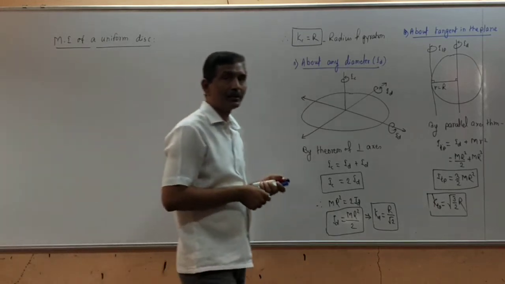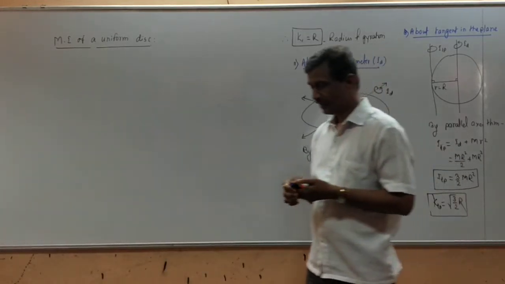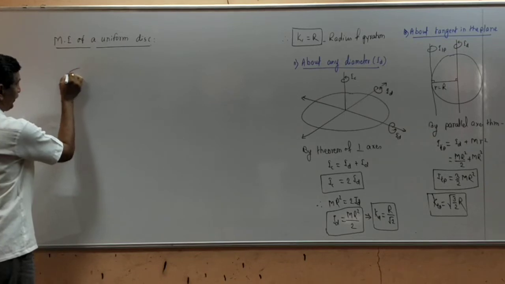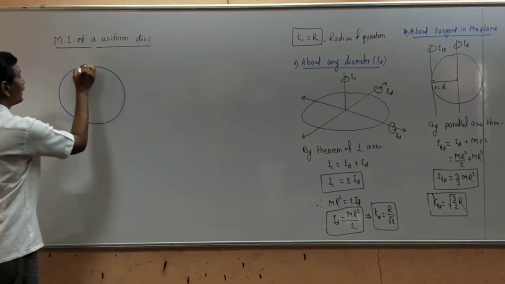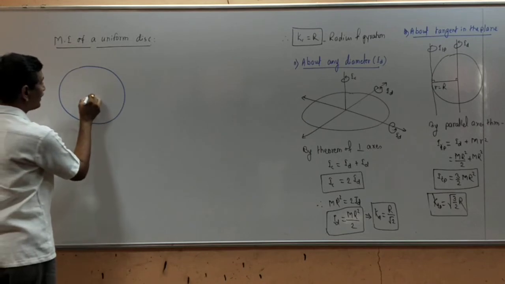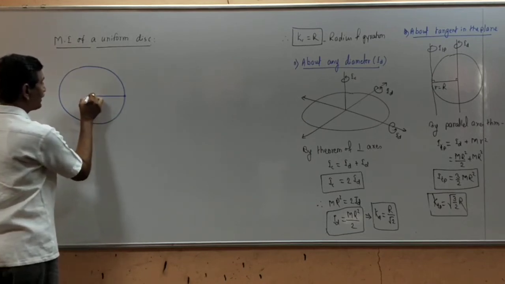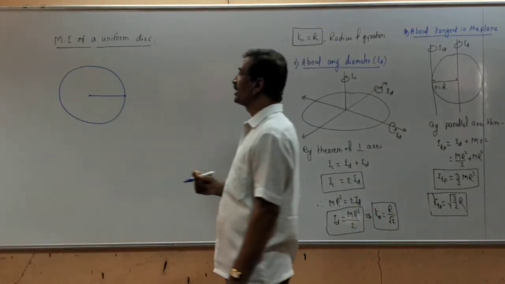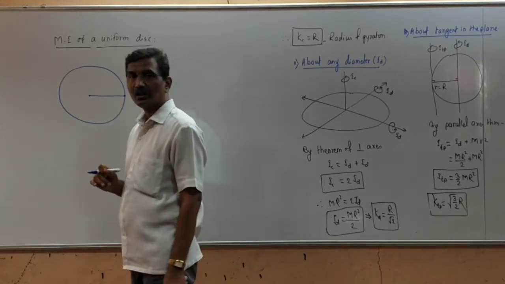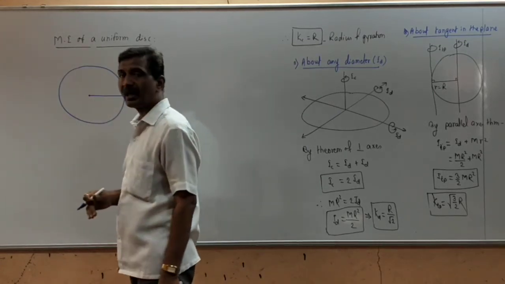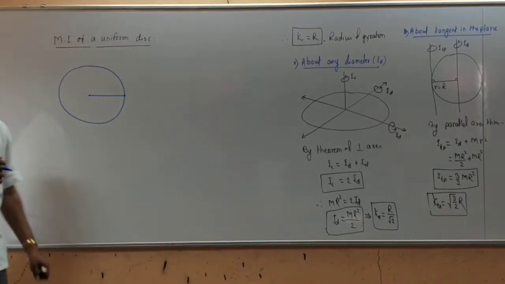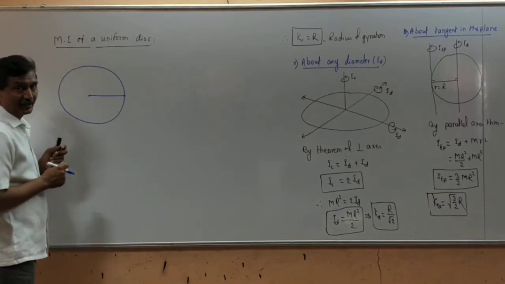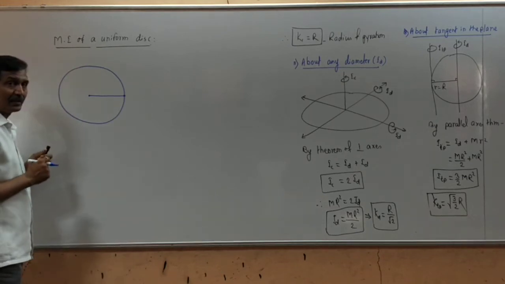So how will you determine the moment of inertia of a disk? So we consider here this one is the disk of mass M and radius capital R. To calculate its moment of inertia, we assume that this disk is made up of a large number of small elements. Here those elements are in the form of rings and those rings are concentric. Here we say that the thickness of the rings is the same, not identical rings.